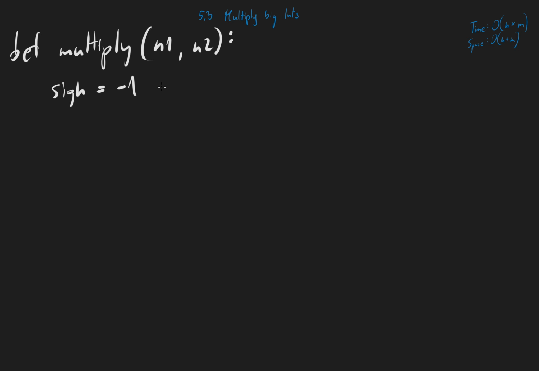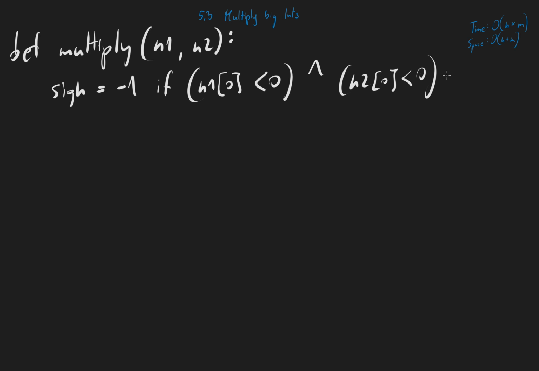So its sign is negative 1 if either the first number or the second number is negative. So we will do it with the XOR operator. So n1, the first number is less than 0, so negative, XOR n2 is less than 0, right? And if this is true, so if both numbers are negative, this is false, it goes to 1, and so on. And now after we're evaluating our sign, we need to normalize the input, so both numbers need to be positive, so let's do that. So n1